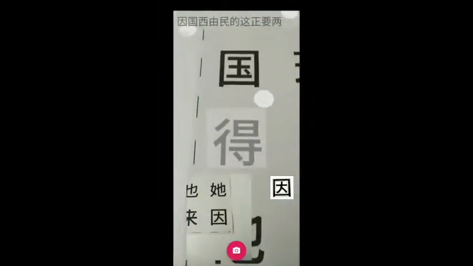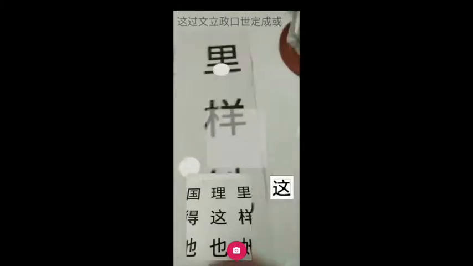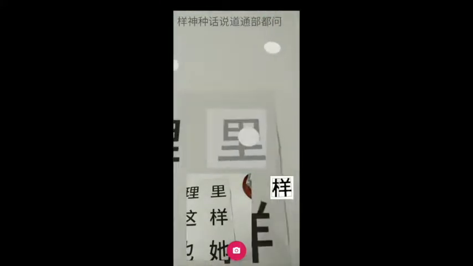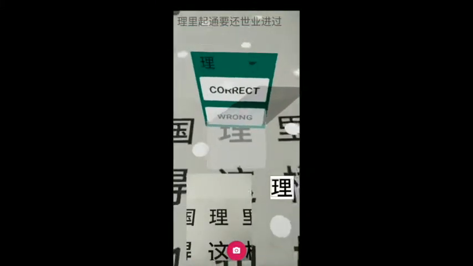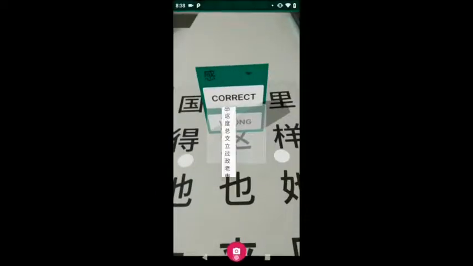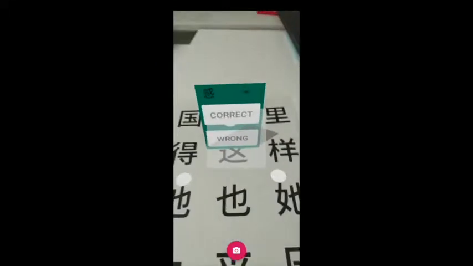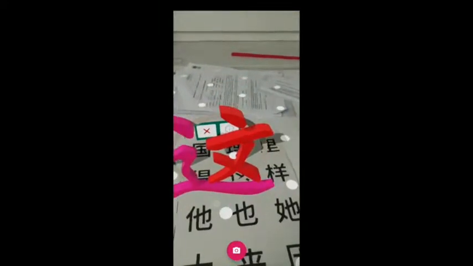Then we compute HOG features of the image and feed them to our previously offline-trained classifier. The result is a list of the most likely characters the image could contain. The user can now either choose that the top predicted Hanzi is indeed the Hanzi they scanned, or select from the top 10 list if it was recognized wrongly, or abandon the current scan and try again. We decided to only let the user choose from the top 10 in order not to overwhelm them and to